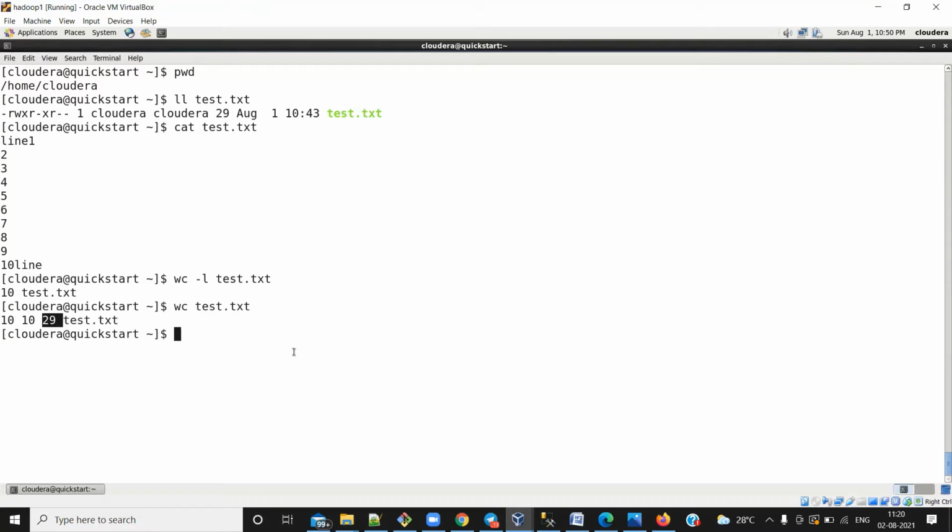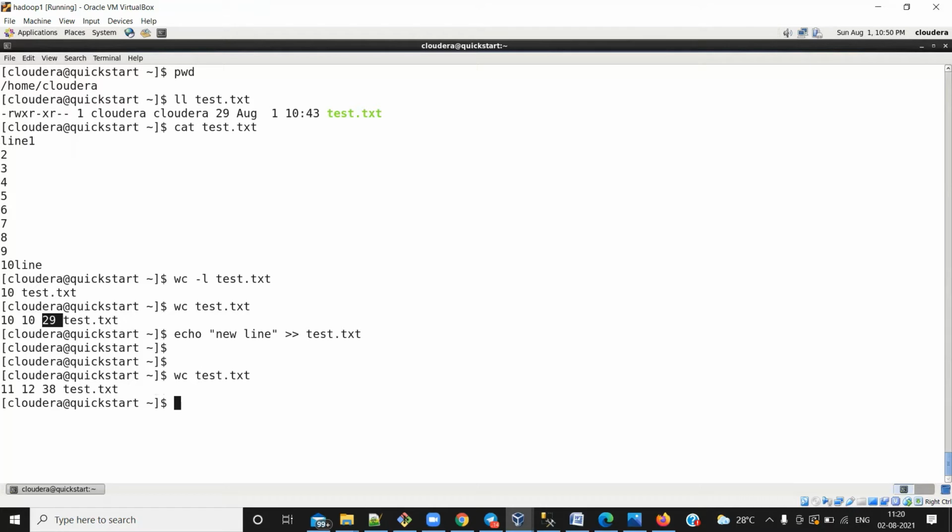Let me do one thing. Let me quickly modify this file and add one new line. Let's say I will call it "new line" only, and let me append it into this particular file, and let's again run the same command, wc test.txt. Now see,